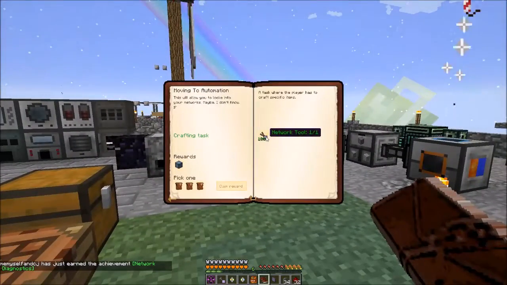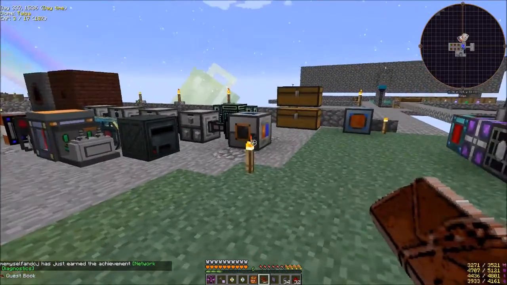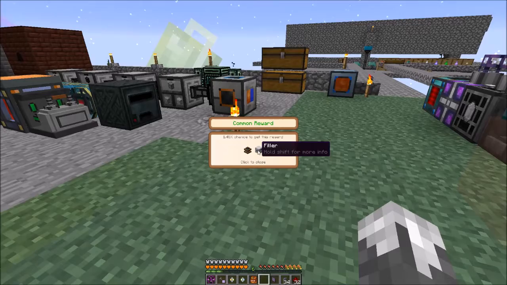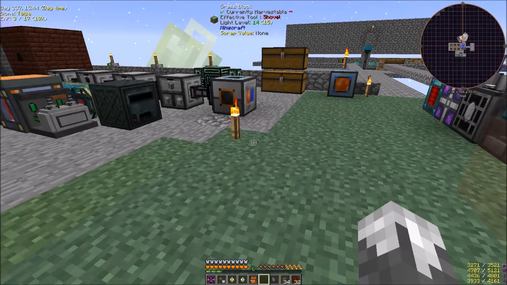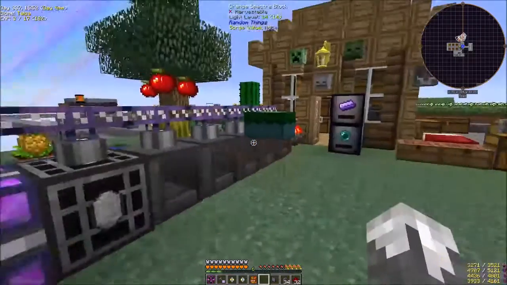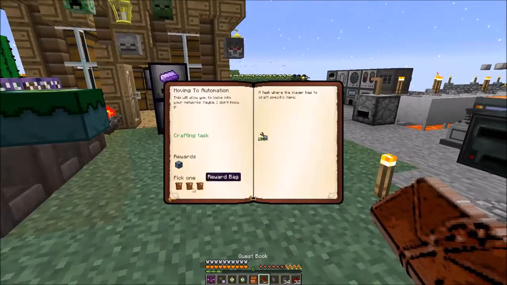So, that will complete that quest, which will give us a chance cube and reward bag. And it is a basic reward, and we've got another filler and another redstone engine. We have no use for these right now. Let us get rid of them. Alright, so that's got us through